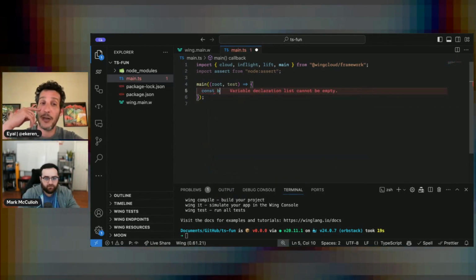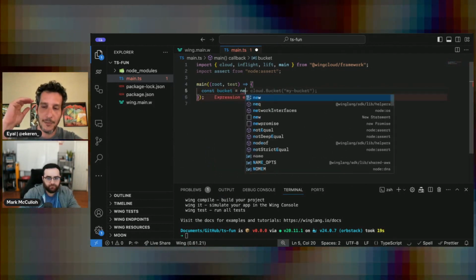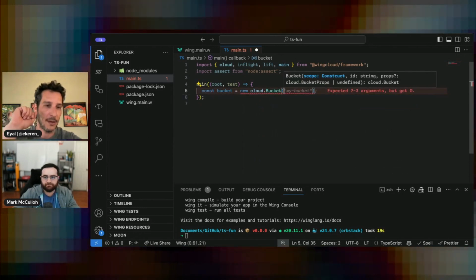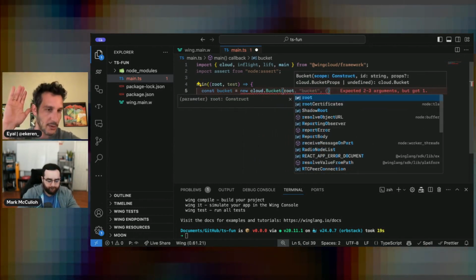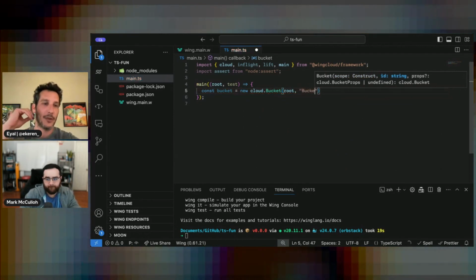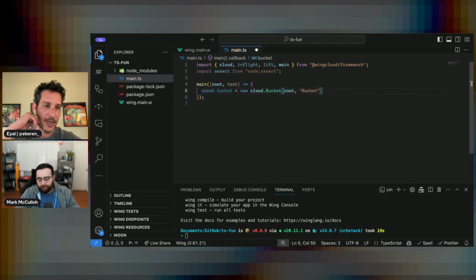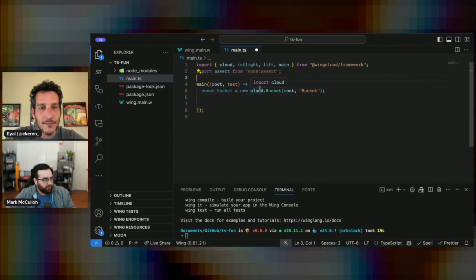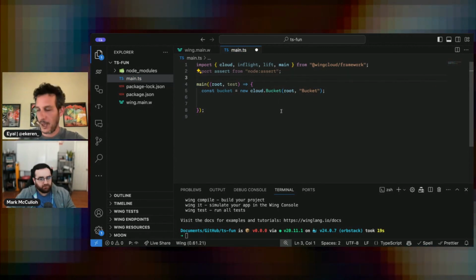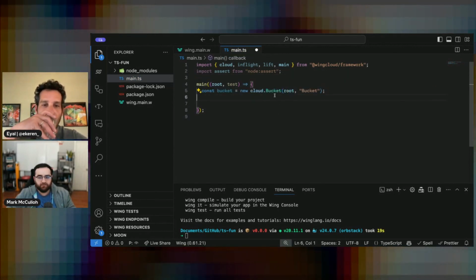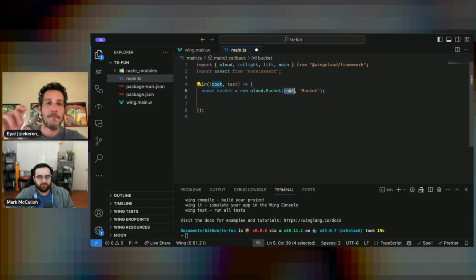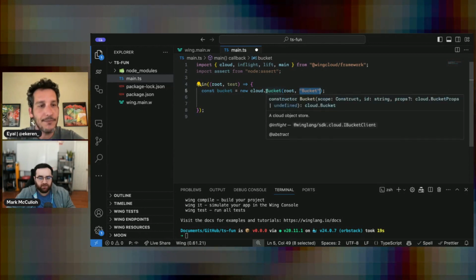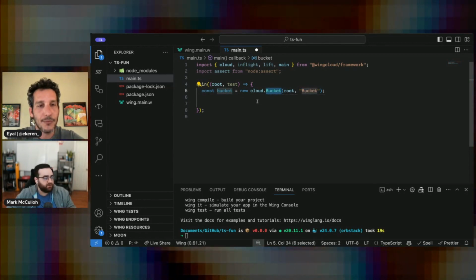For those of you who don't know, the underlying provisioning technology here is based on the CDK, where there's a resource tree, or a construct tree. This is basically what's being done for you when you say new cloud.Bucket in Wing: injecting this root of the tree so that this bucket is part of that tree, and automatically injecting an ID based on the name of the resource itself.